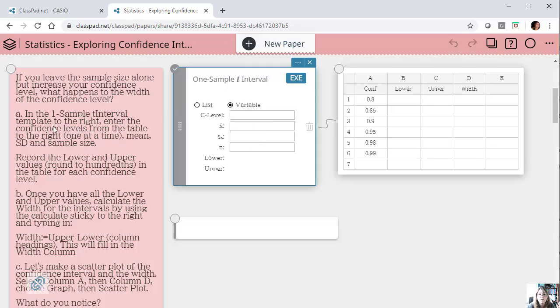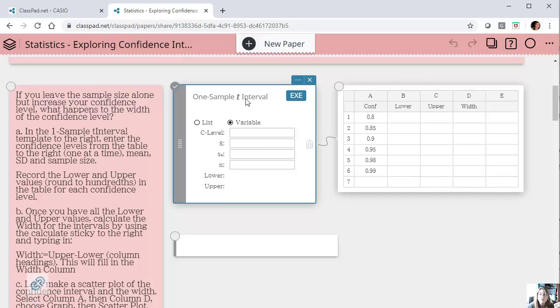The first thing is, what happens to the confidence interval width if you change your confidence percent, your confidence level? What happens if you want an 80% confidence, 85%, 90%, 95%? What they're going to do is take each one of these and use the template. What's changing is the confidence level.